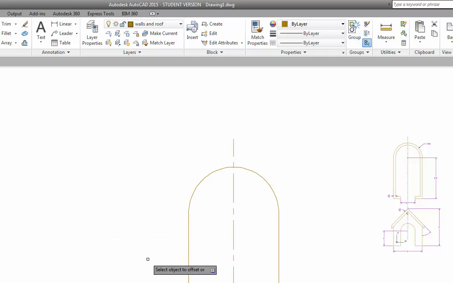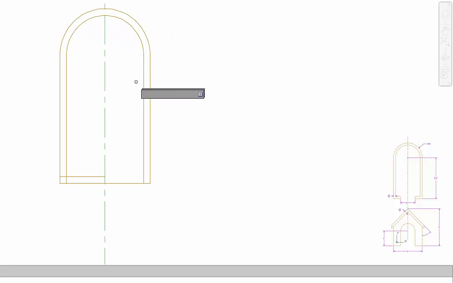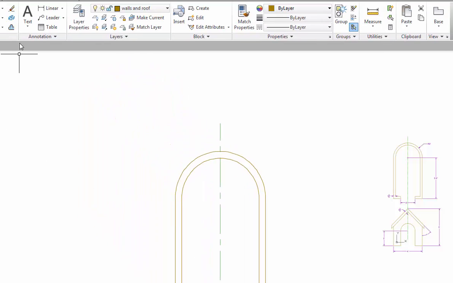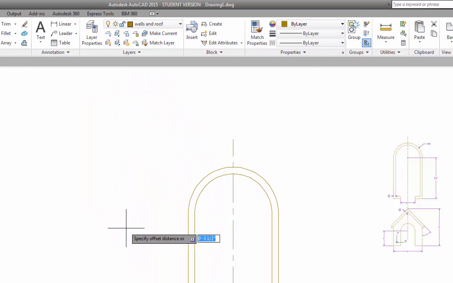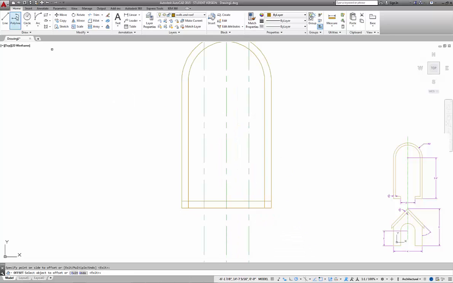Hit the enter key, and it will offset, or I can pick to offset these entities, including the arc, 3.5 inches in. So now, remember I said that we have to create the 2 foot opening. And the easy way to create the 2 foot opening is to offset 1 foot, or we could type in 12 inches, same thing. No, remember I don't have to put the inch sign if I just type in 12. I can offset 12 inches to each side of the center line. Well, that becomes our guide to draw